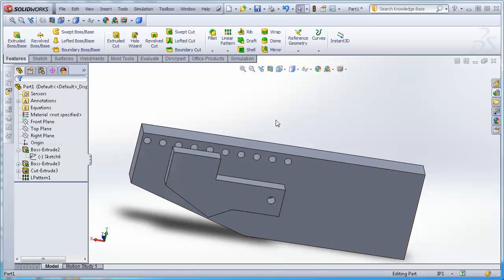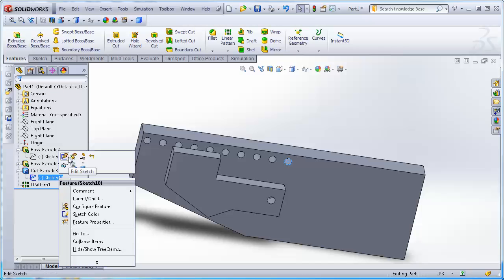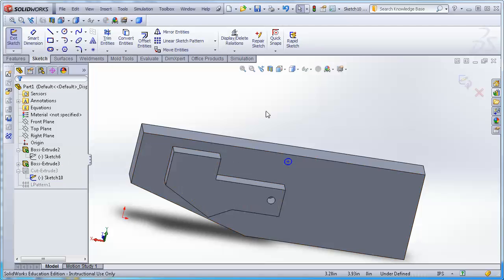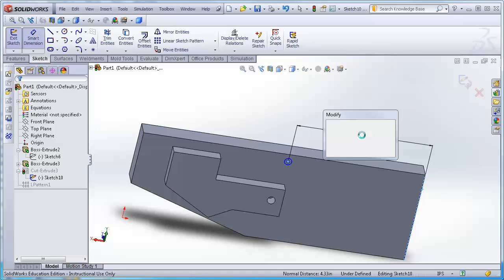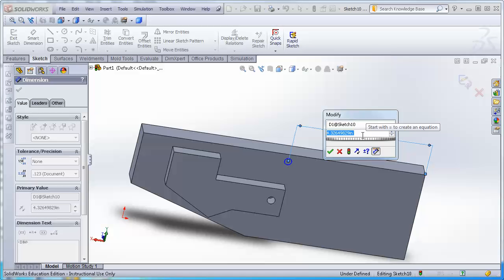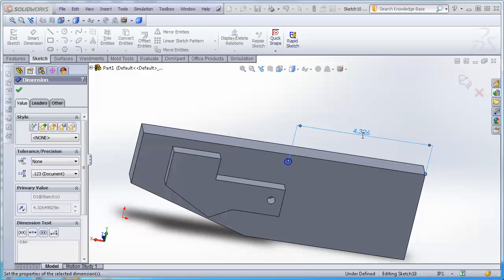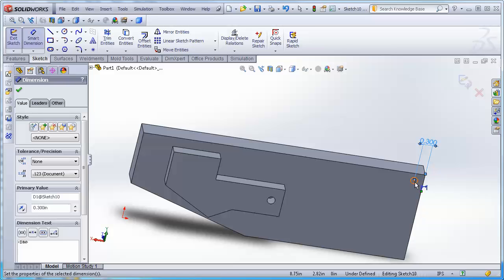So I need to go fix my circle by finding the feature, and I'm going to edit the sketch, and now I'm going to dimension the center of the circle to the edge of that part. I've got to click on Smart Dimension. I love this. Center of the circle to the edge of the part, and I would like to have a 0.3. Now this first one will always stay locked to the edge of the part,